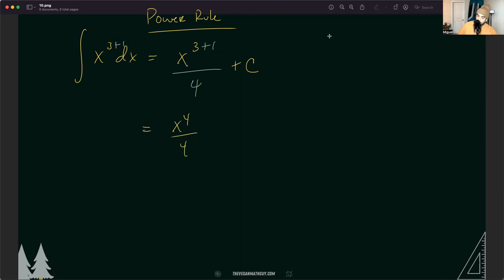I'm curious what the chat has to say about that. Why is it that we add a plus c? Go ahead and let me know in the chat why you think that is. But this is essentially the most basic integral that we can have where we implement the power rule. There's going to be different instances that we are going to cover when it comes to this. And one of them